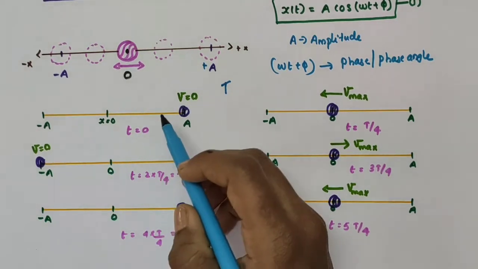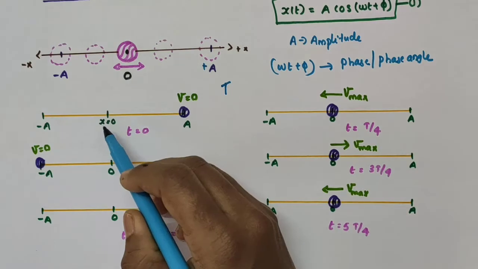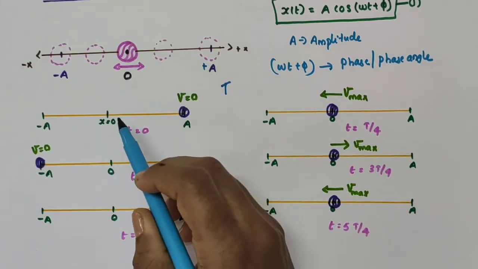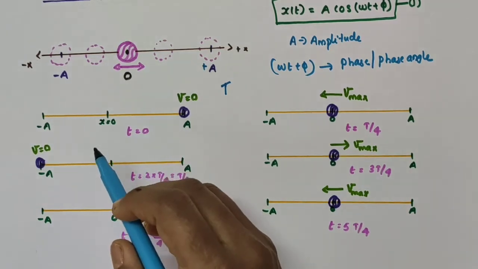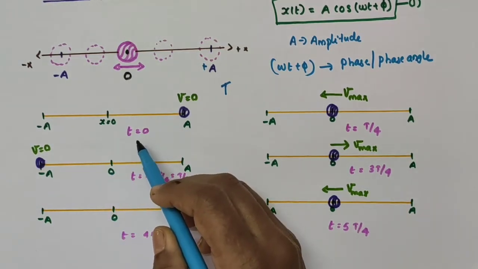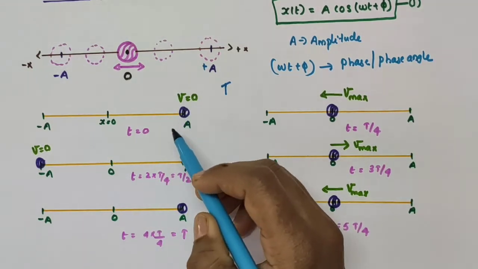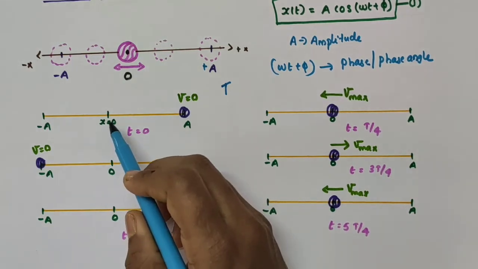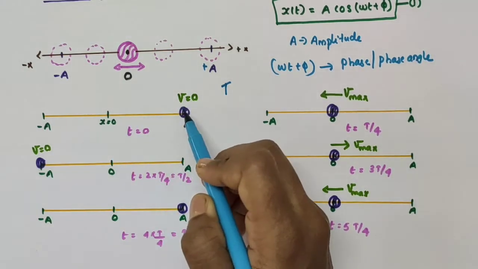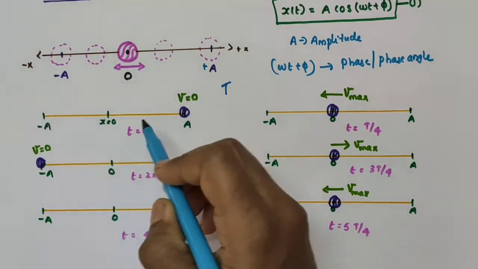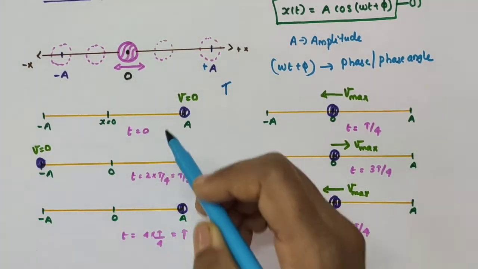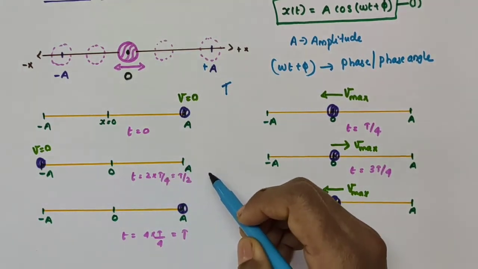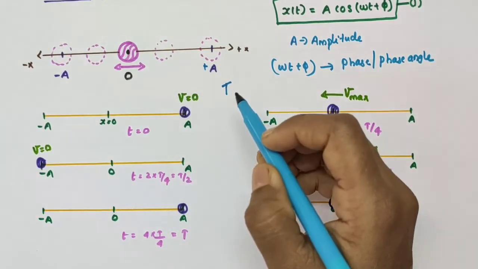So see here, the particle oscillates about this point x equal to 0. The displacement of the particle will be measured from this point x equal to 0. Initially, that is at t equal to 0, let the particle be here at this point. So its velocity is 0 here. The x equal to 0 point is the zero displacement point. x equal to a and x equal to minus a are the two extreme points of the motion. We have taken the time period as capital T, that is, the time taken to complete one oscillation is T.